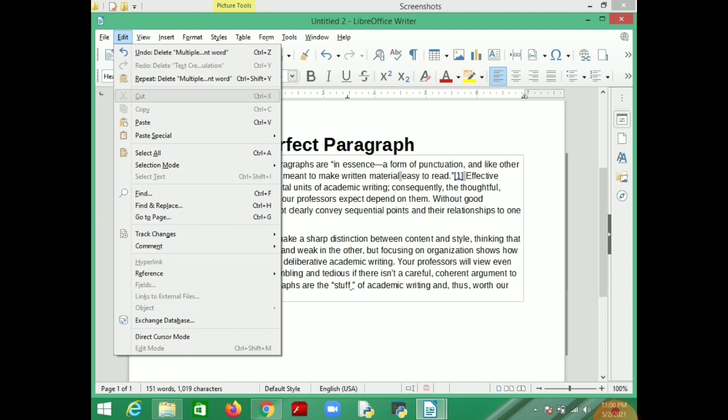So you have to use Control X for cut, Control C for copy, and Control V for paste. You can copy a particular text with Control C.